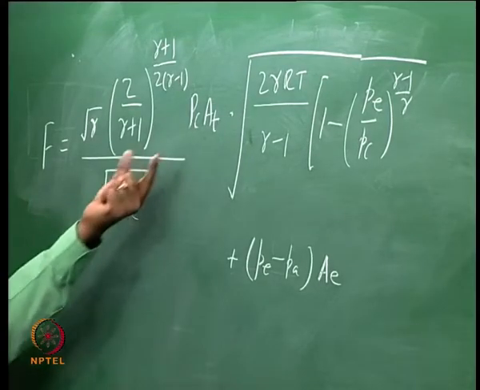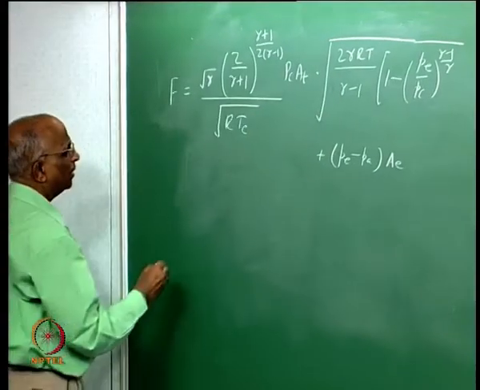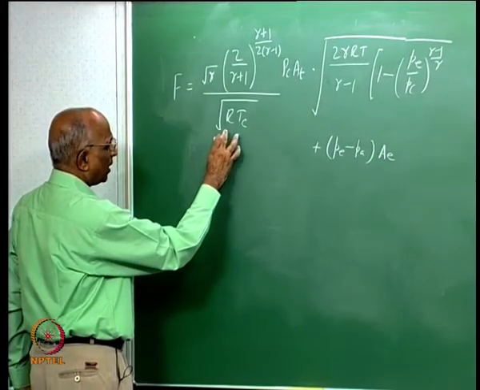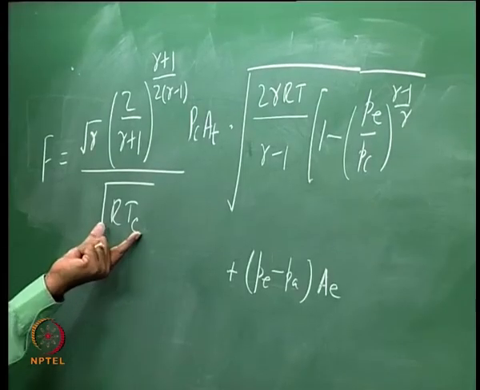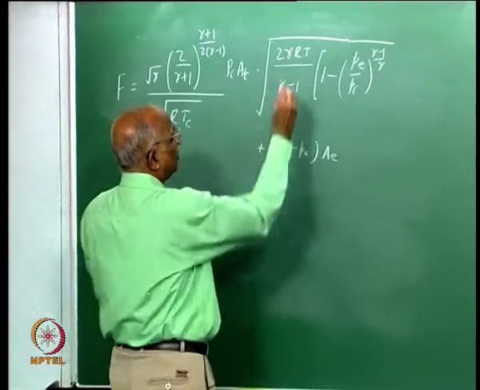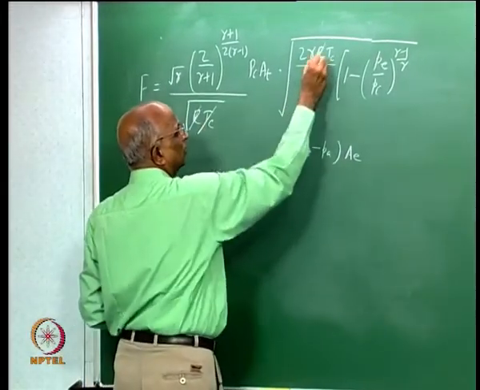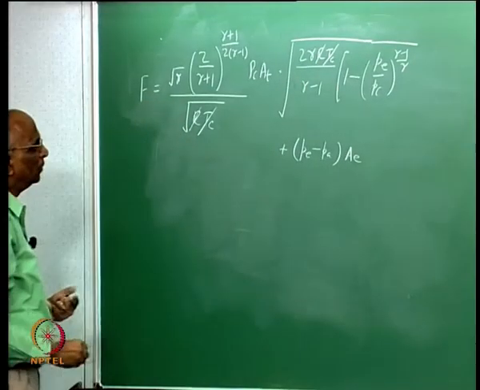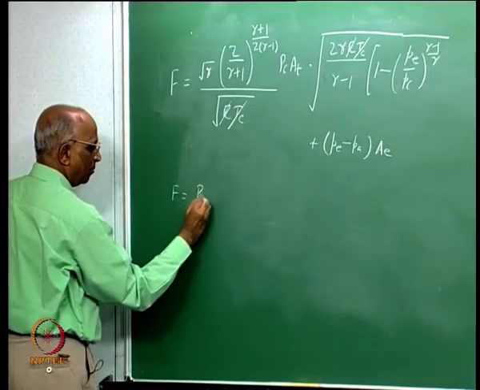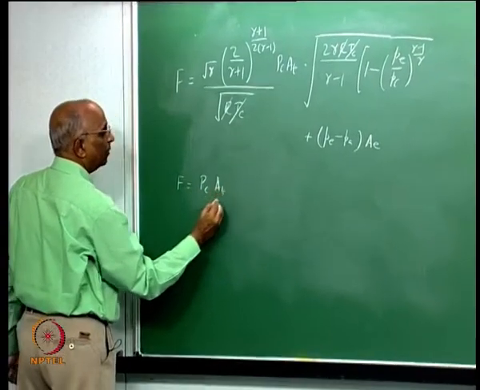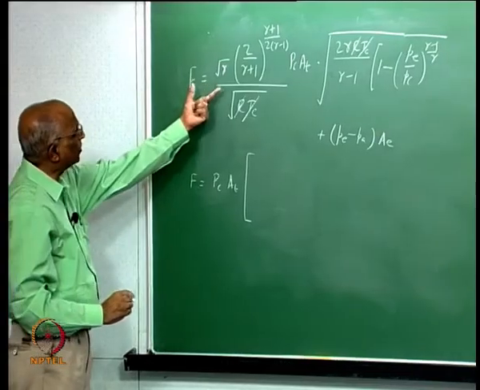Therefore, now if I take Pc At outside and I simplify this whole expression again, can I cut off some numbers? I get RTc over here, and this was equal to 2R chamber temperature Tc over here. Therefore, R and R get cancelled,